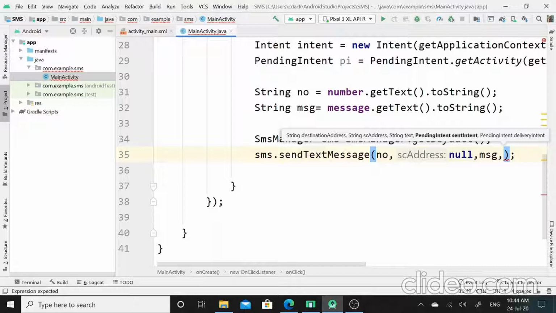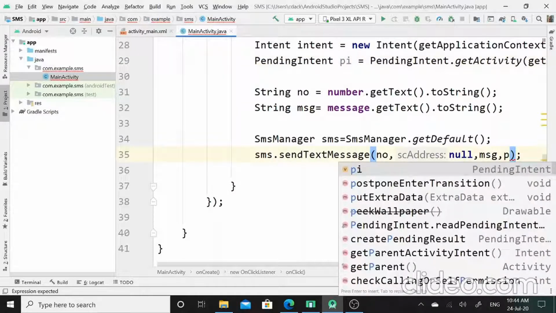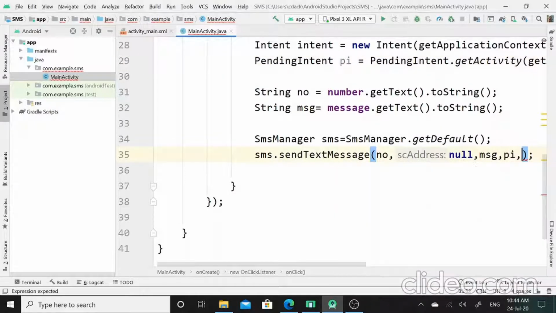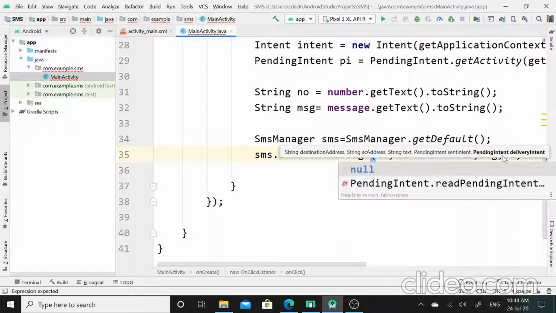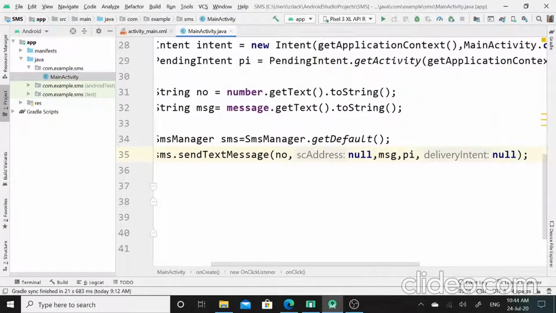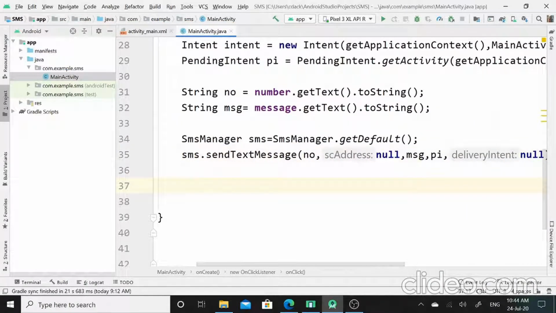Next argument is the reference of the pending intent class, that is pi. So my next argument in this send text message is pi, and again I will set null as the last argument in this method.